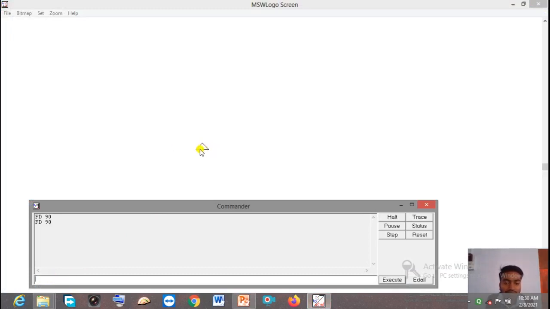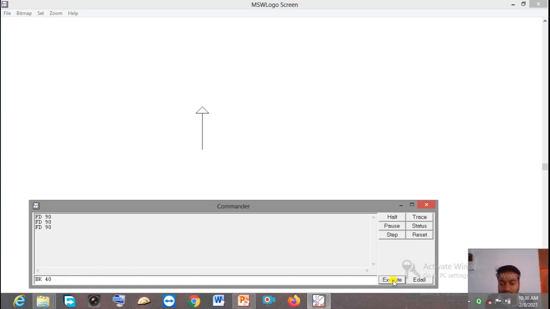Right now you can see the turtle position. First let me move this turtle in the forward direction. I've given the command FD 90. The turtle moved by 90 steps in the forward direction. Now I'm going to give the BK command, 40 steps. Now I've given the backward command.